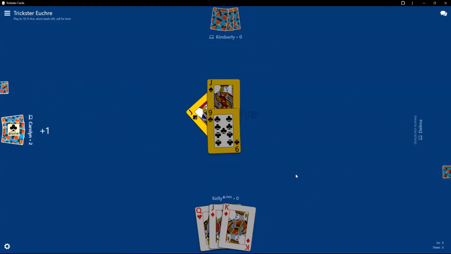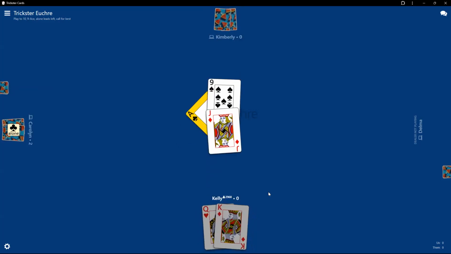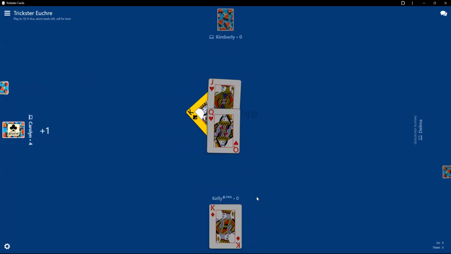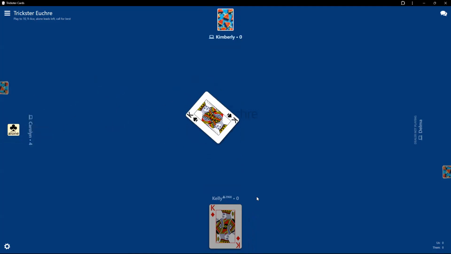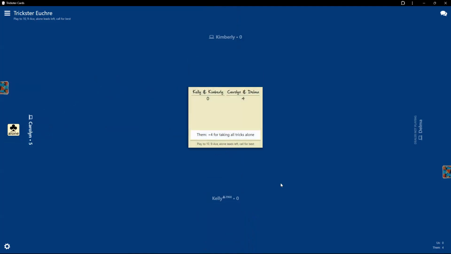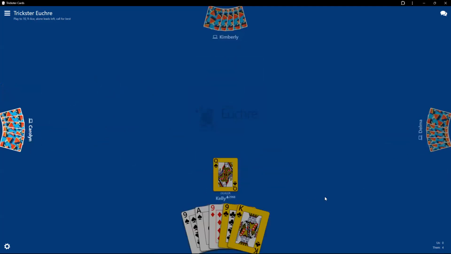This isn't looking good, is it? Oh, it's the name of the game. They get their alone hands too. Isn't it weird how sometimes you just get lucky in one amazing hand after another? Okay. So we didn't stop them. They got their 4 points, but you know what? They deserved it. That wasn't the perfect lone hand. And when you see somebody get all four tricks when they don't have a perfect hand like that, then you know it's a lot of skill.